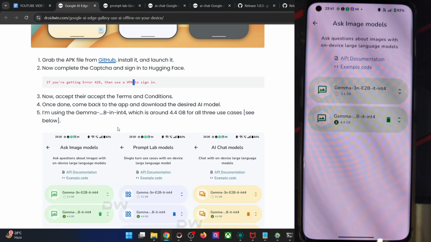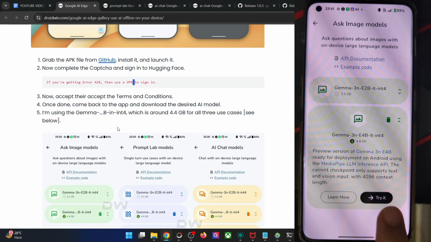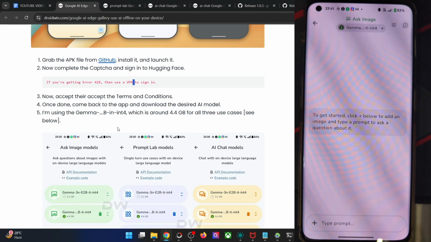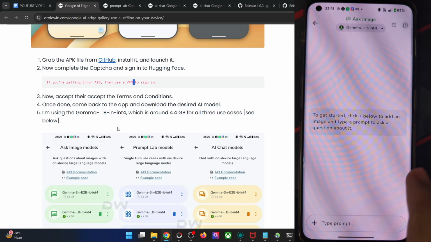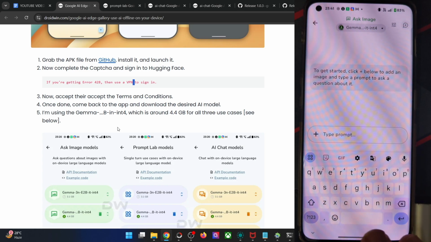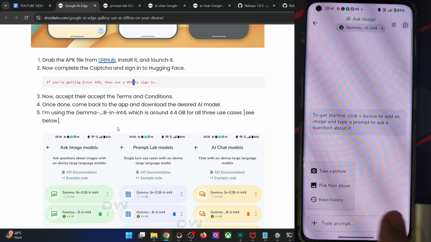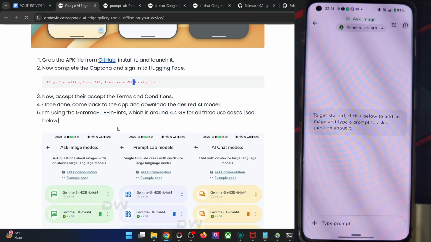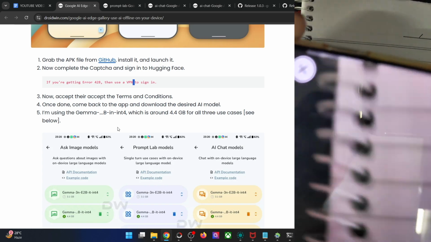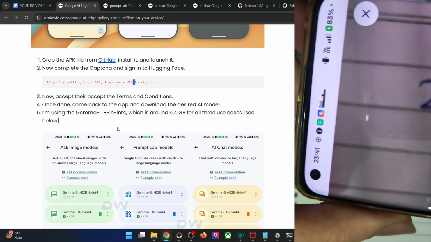First off, let's Ask Image. So use the Gamma, which I already have. Try it. And over here, let me write an equation. It's just a basic one, just to test out the feature. So I want to take an image. Okay, hit the plus icon. Take a picture. Allow gallery. Okay, by using the app. And now it's just a basic equation, nothing fancy as such. Just give me a second.